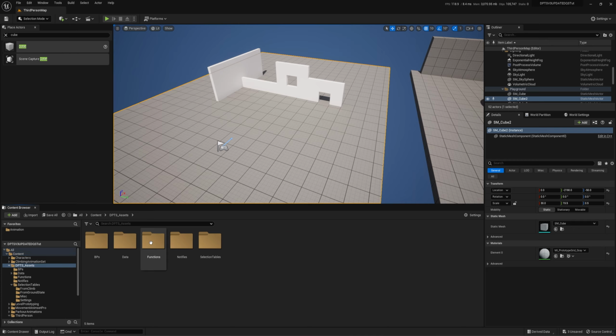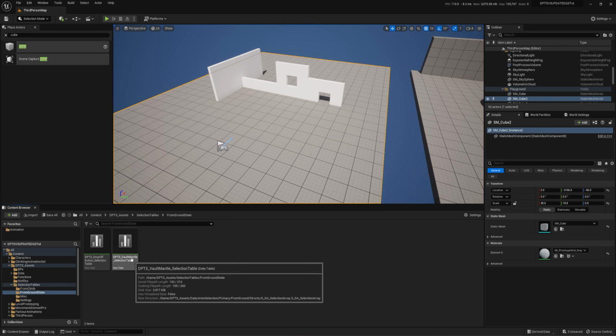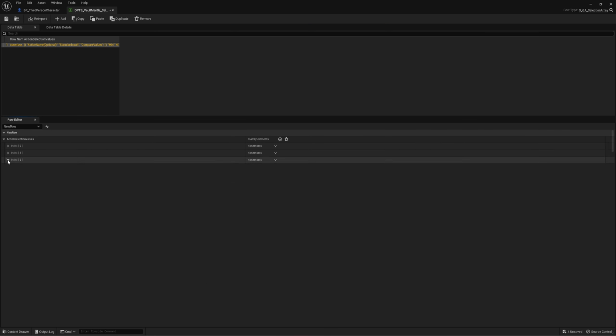So in this case, we'll go ahead and open up under DPTS assets, selection tables from ground state, and we're going to take a look at the vault mantle selection table. Now, if I add a new row in here, just to give us a blank one to take a look at,